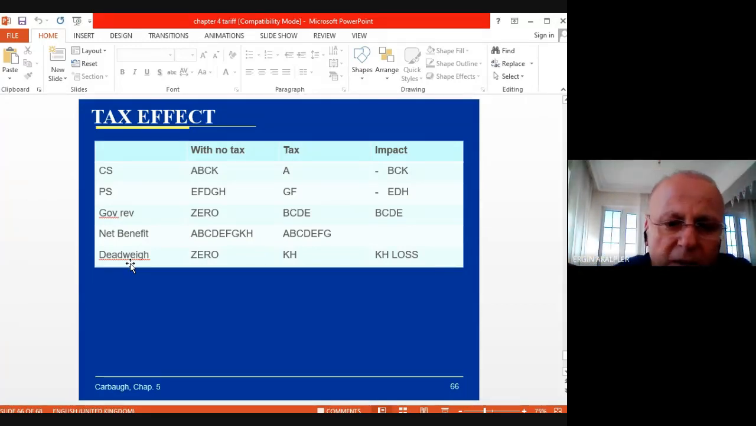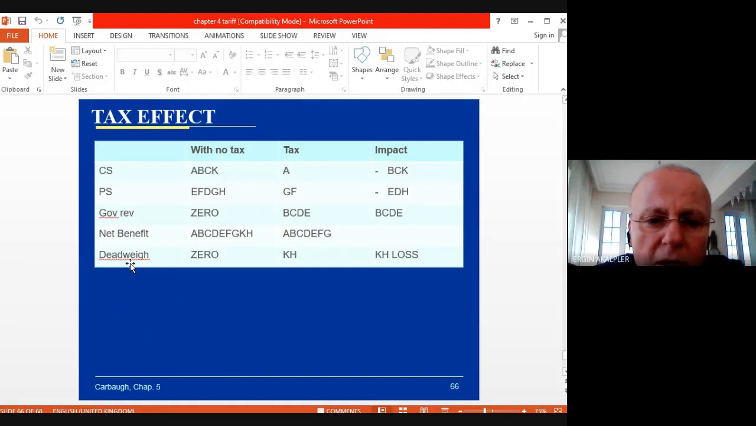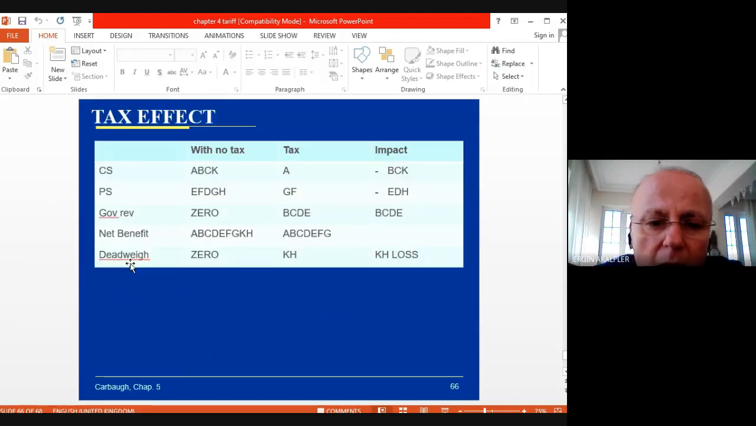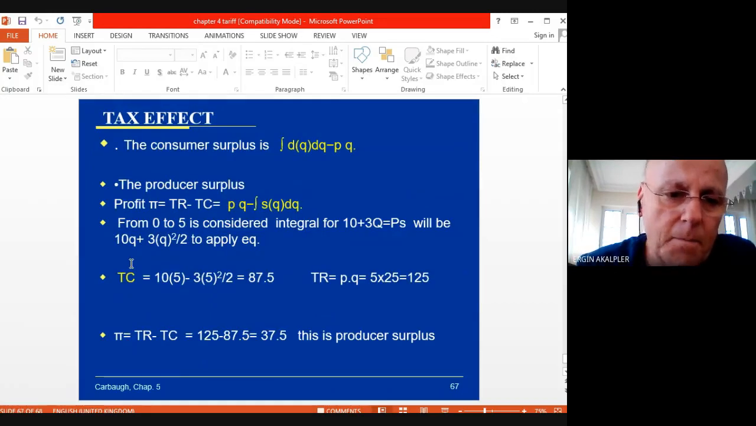net benefit A, B, C, D, E, F, K, and the deadweight loss, as I said to you, after tax is going to be K and H, and the impact is supposed to be negative BCK, as you are observing here, this negative effect. The producer negative effect, EDH here, these are going to the government because it is gone, and net benefit is not created here, and the deadweight loss K and H is a loss, because it is the consumption effect and